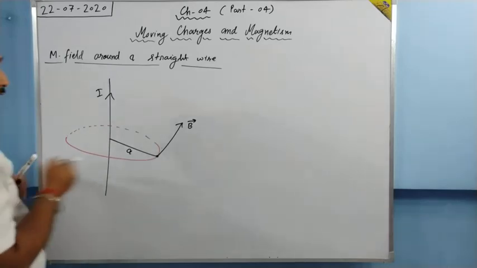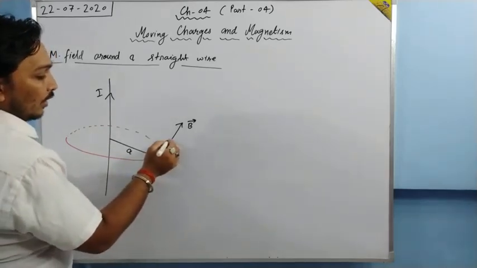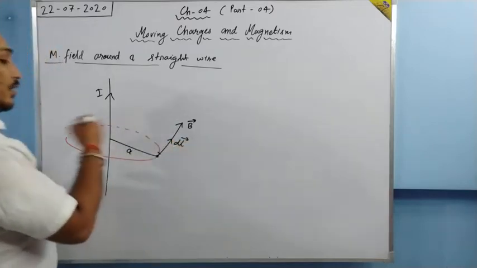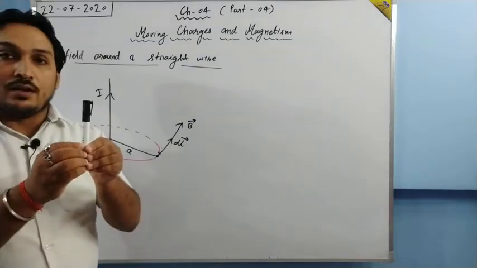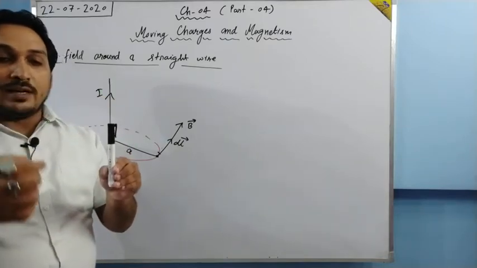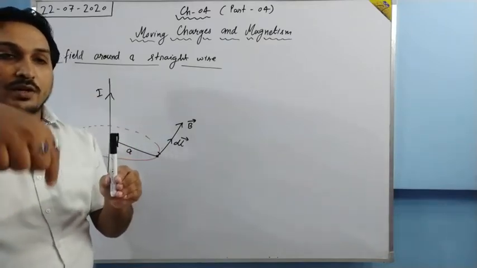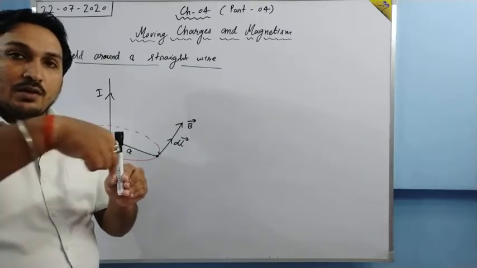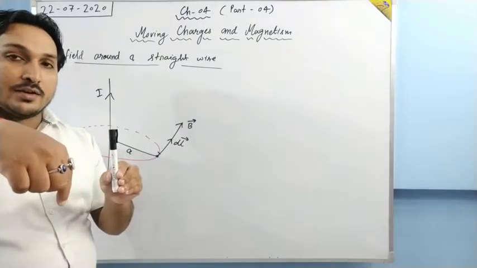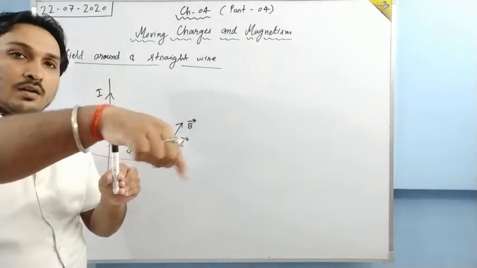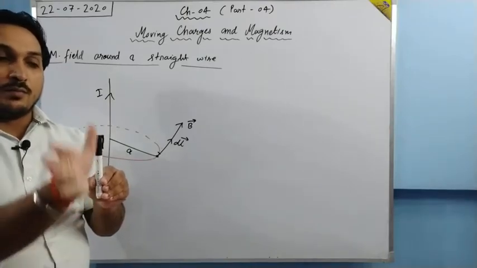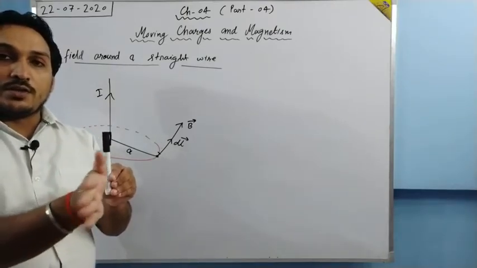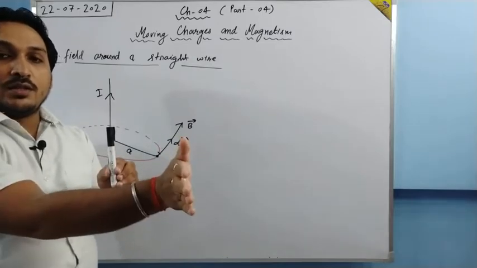What is the direction of dl at this point? So dl will be a small length element, and dl will be in the same direction. And this will happen at every point. Like this point, suppose if this is the wire, and a loop is around it, then at this point, the loop is like this. So at this point, which is in front of the wire, the direction of the length element will be towards this side. And if we want to know the direction of magnetic field, then thumb towards the current, all the fingers point towards that length element, then the thumb is in this direction, right?